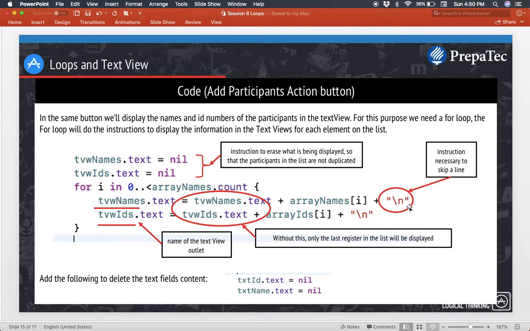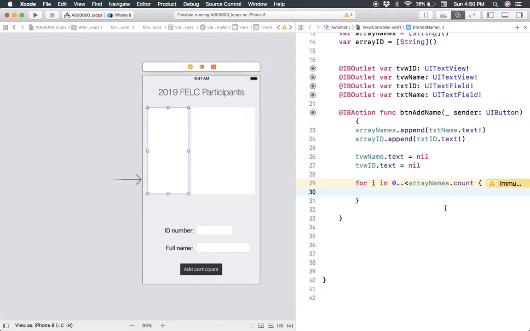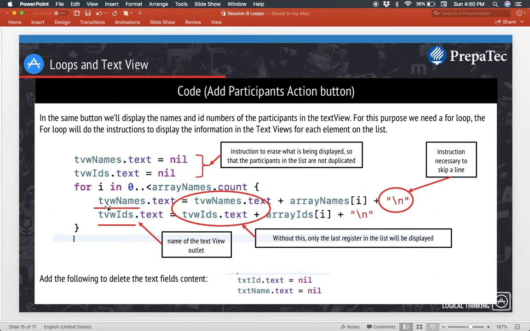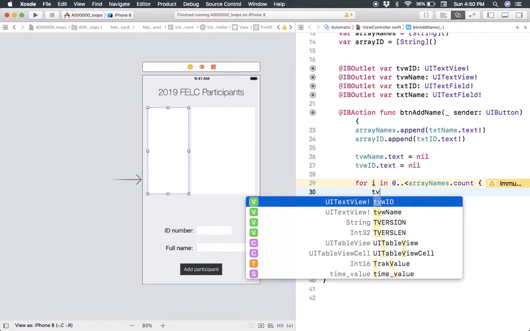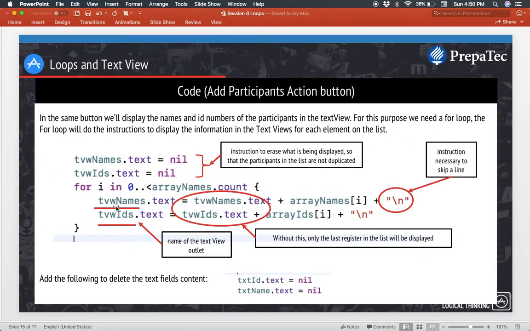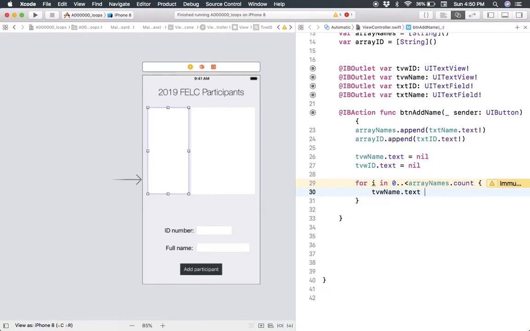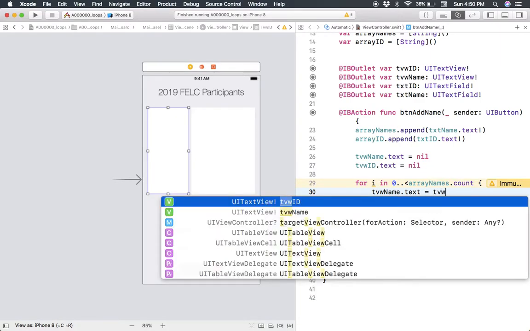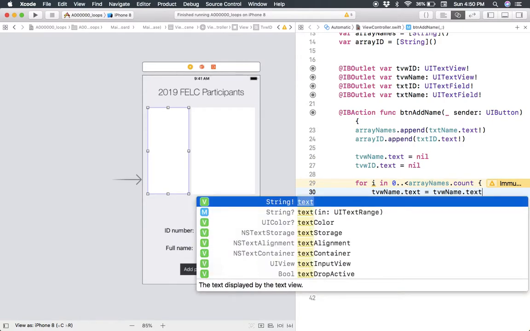They're used commonly in all programming languages, backslash n, to represent a new line. So let's add first name, so tvw name dot text is going to be equal to text view name dot text plus